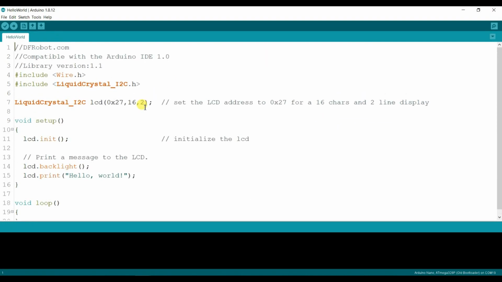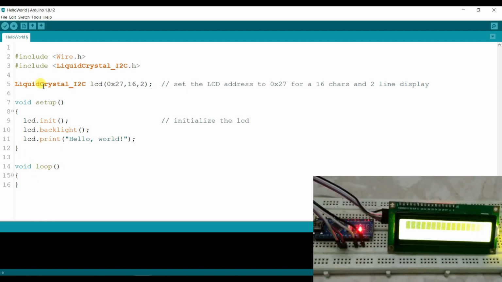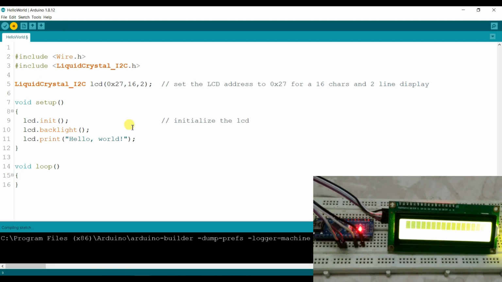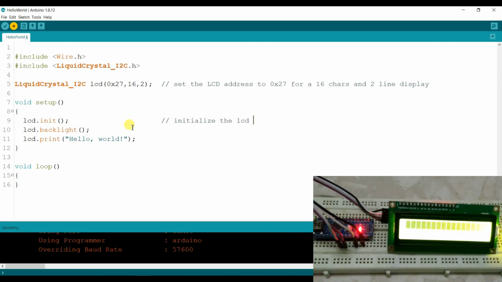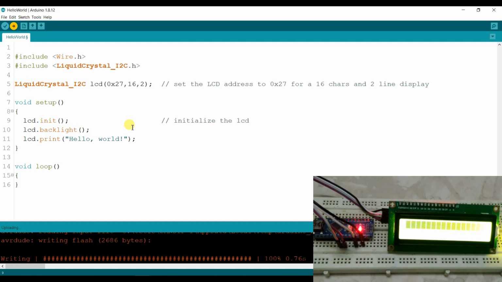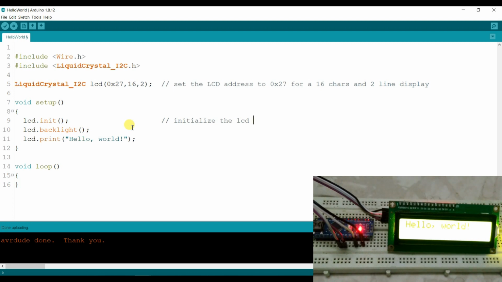I will upload once. Okay, here it is printing hello world.